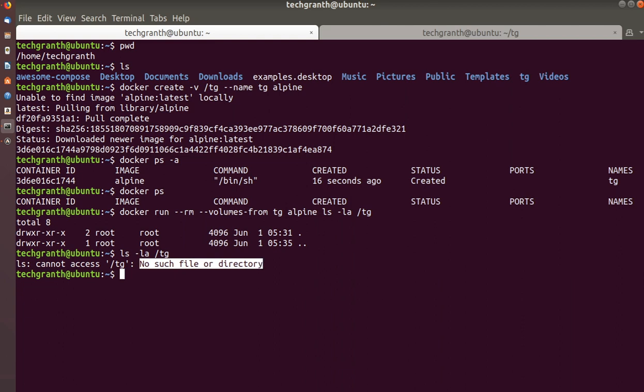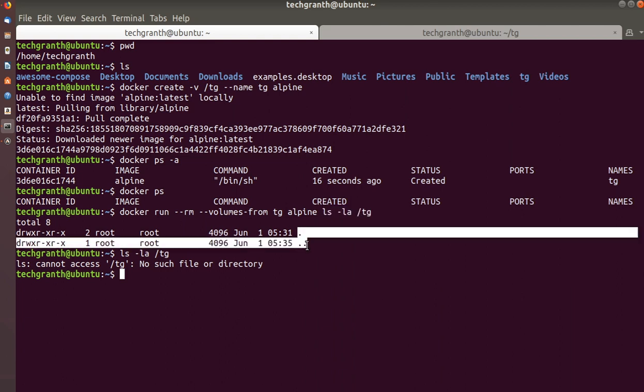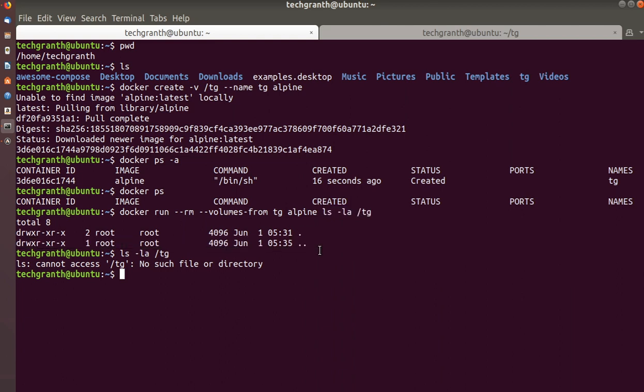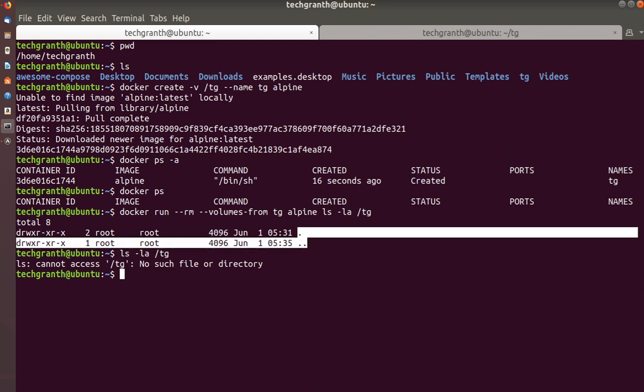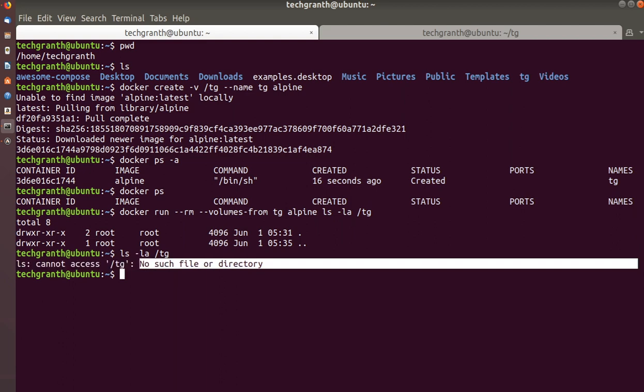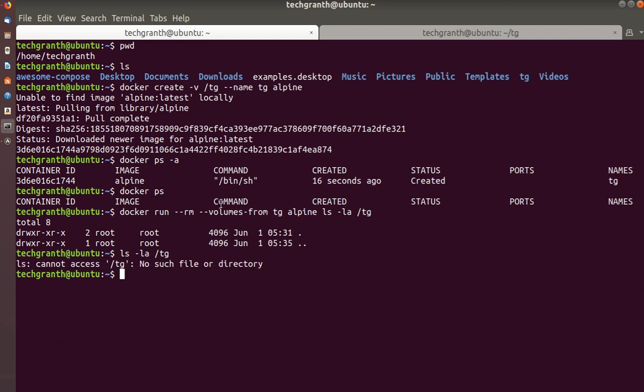But if we use the same command within the container, it shows two hidden files. Means they exist there, but on the Docker host we do not have anything like that. So what it does is we provide a volume which we created earlier to this container.